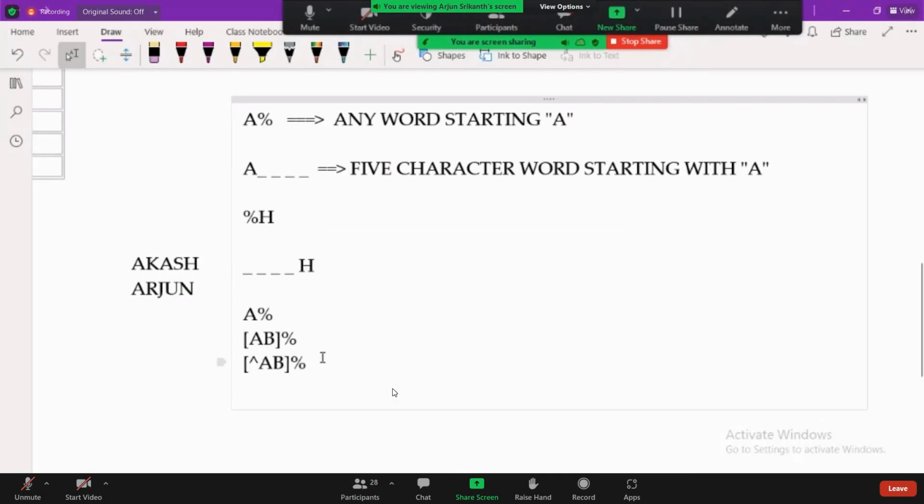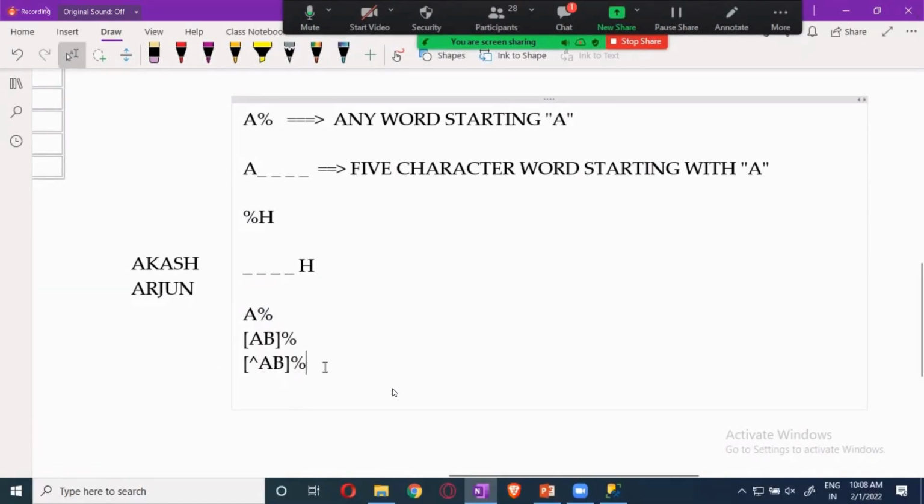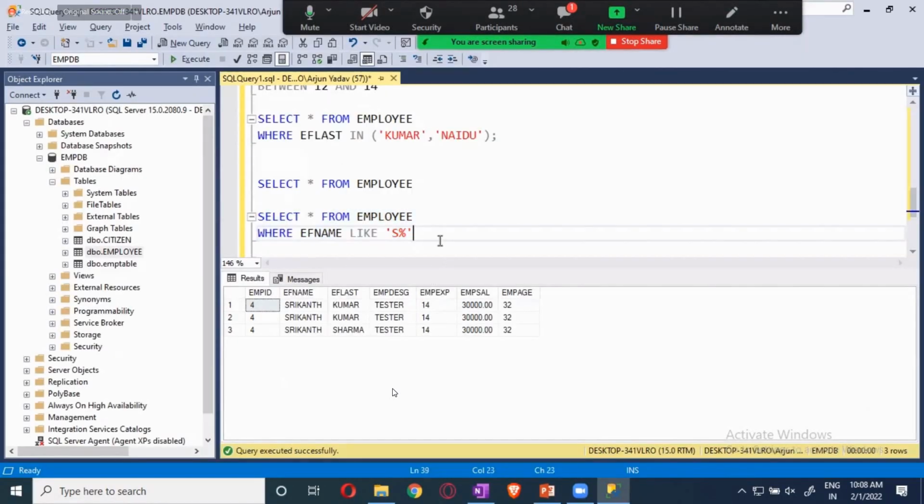Except A or B. These are the things which are especially with the like operator.